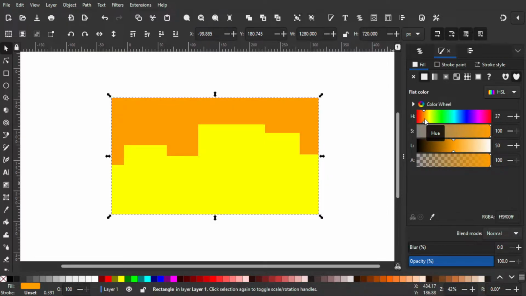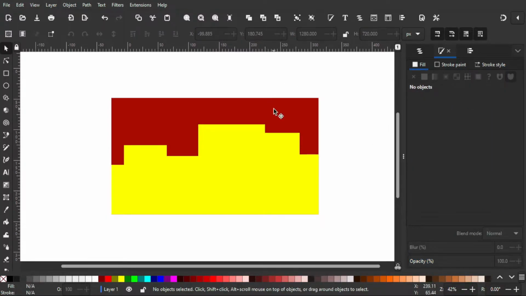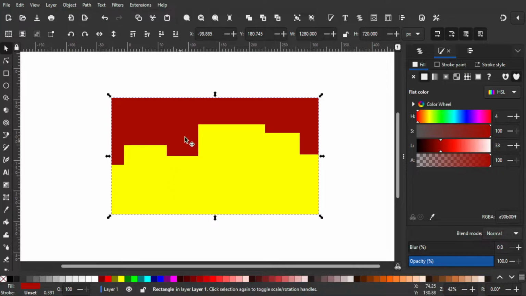Okay, so for the base it's gonna be sky for the illustration, and I'm gonna choose a dark red color because it's gonna be sunset, and I think sunset color is so beautiful, so I'm gonna choose it.